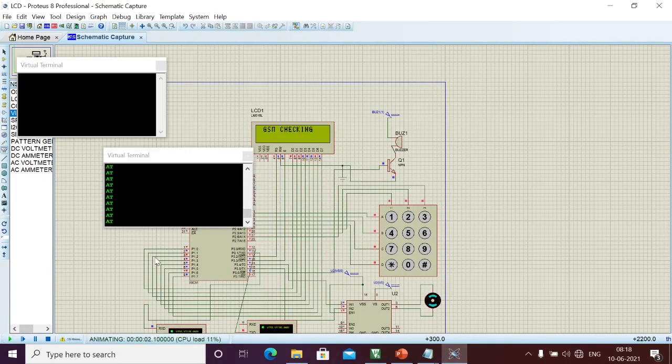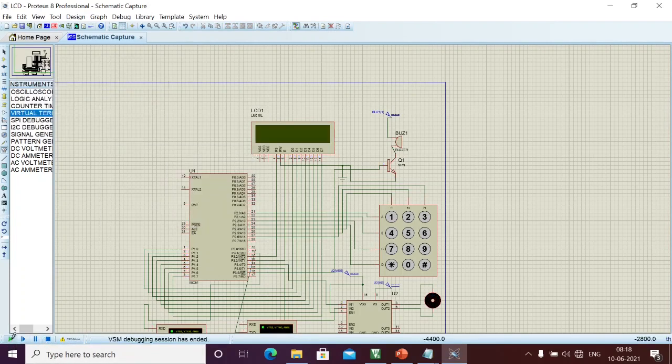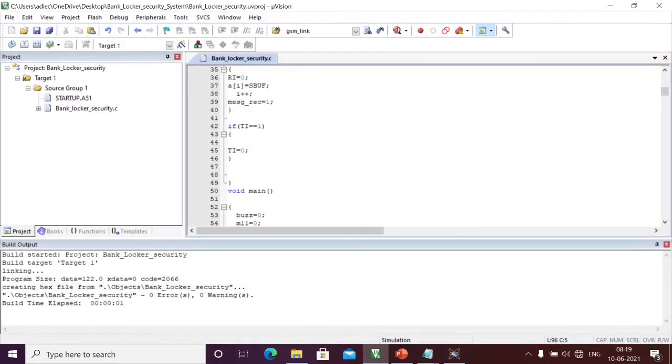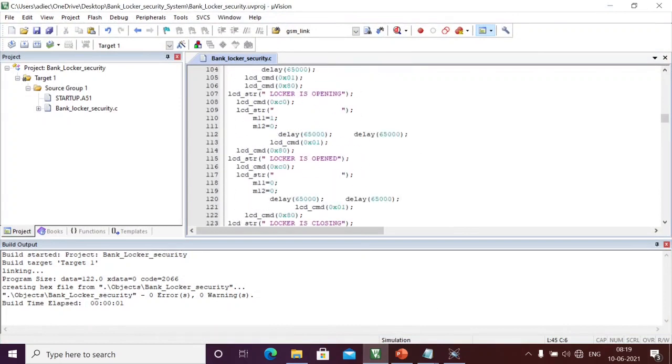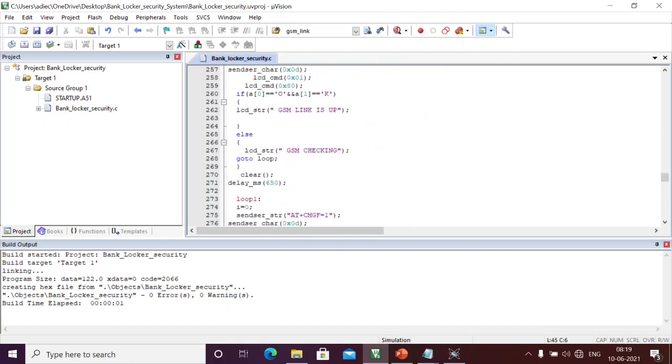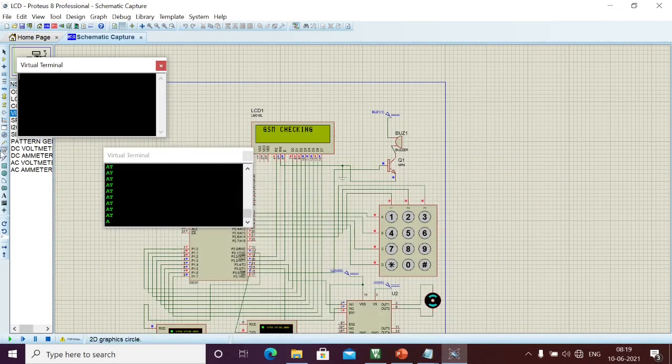Here, if you see from the start, it shows welcome to my project, YT Training Institute. These are the texts we displayed initially, and after that it is displaying GSM checking. It is always sending the AT command to the GSM, and the GSM should reply with OK. Initially in our programming we should always write like this, the GSM link using index 2 and 3, but right now for our testing I have given 0 and 1, so we can give our OK directly from here.